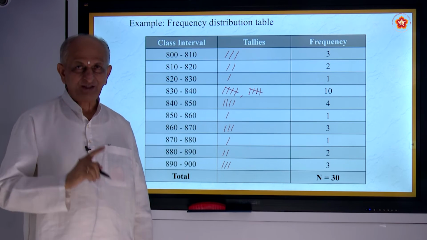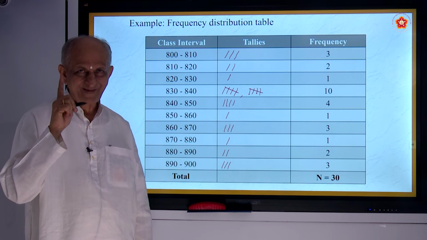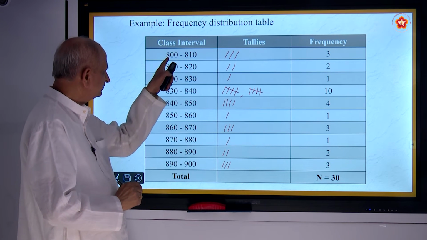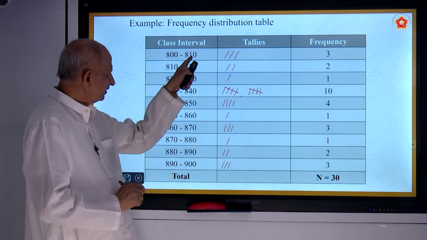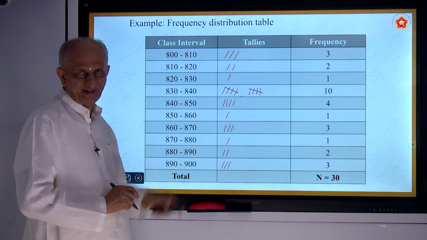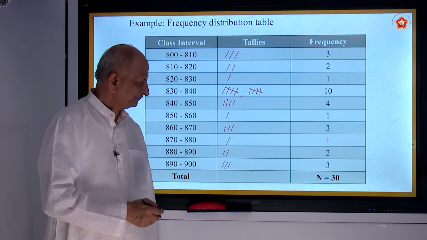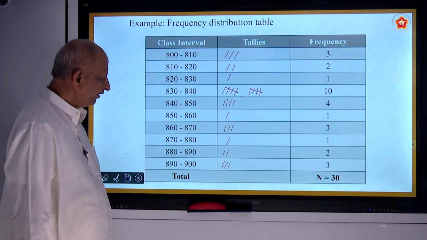What is the size of the class interval? Come on. 10. Which is the lower limit here? 800. Upper limit? 810. Like that, every class interval will have a lower limit and upper limit. Okay. Now we have to draw the